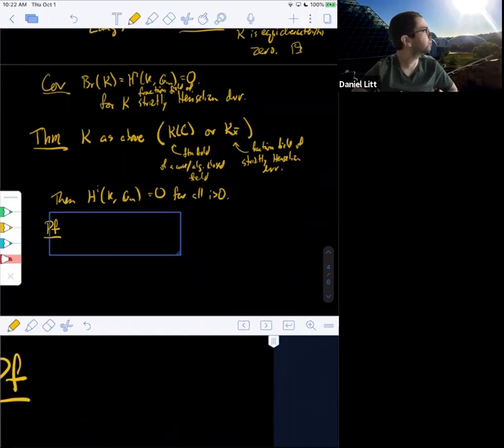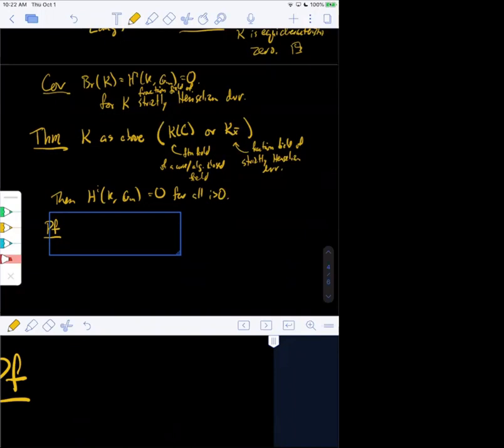As to your general question, how do you tell if a form is trivial? Is there a good criterion in terms of sections or something like this? I don't know one off the top of my head. I think it's an interesting question, and I don't see anything obvious. Okay, thanks. Any other questions before we prove this theorem?